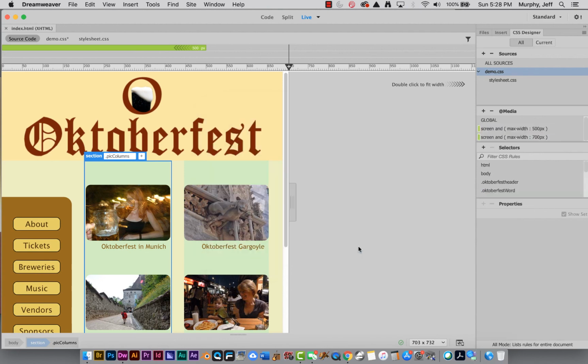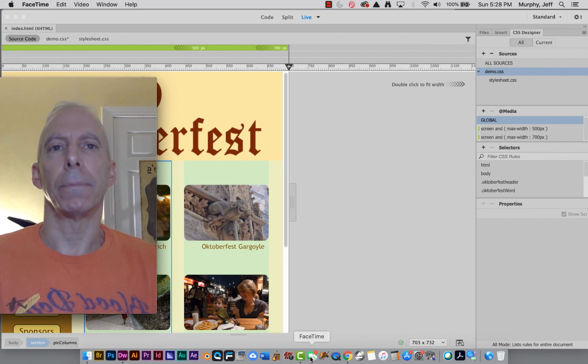So I'm going to click OK here and show you. See, there's a second breakpoint now put in there so you can see both of them. And I can now add rules for my global onto this one as well. All right. So remember, you just right-click on whatever rule you want to add, and now I have two options to pick from in terms of where I want to add that rule. So media queries, wonderful, not too hard, and super handy and practical, and will let you accommodate